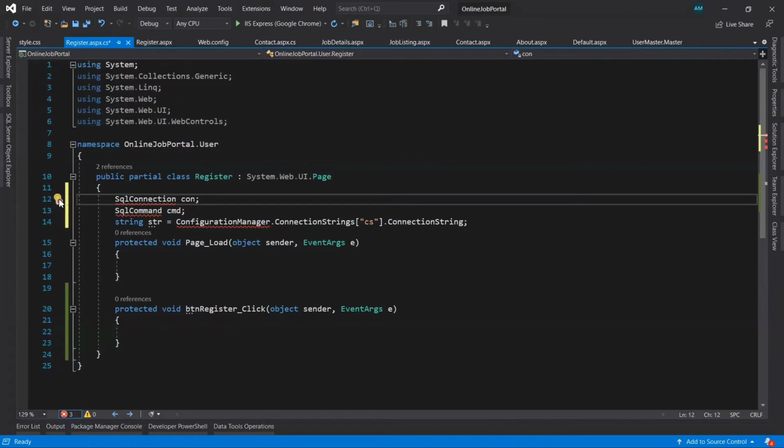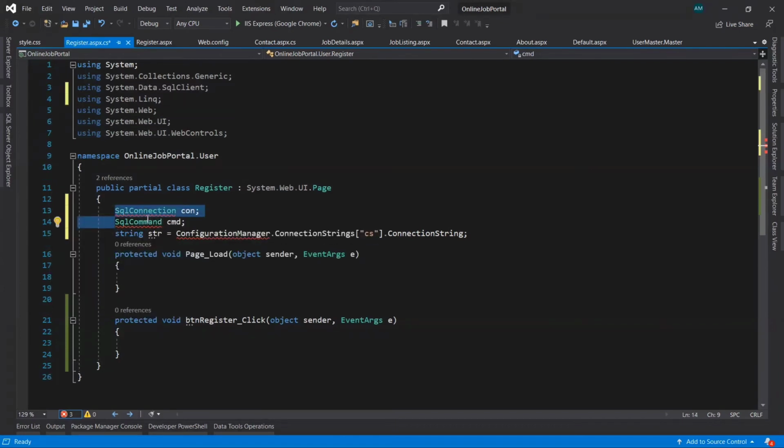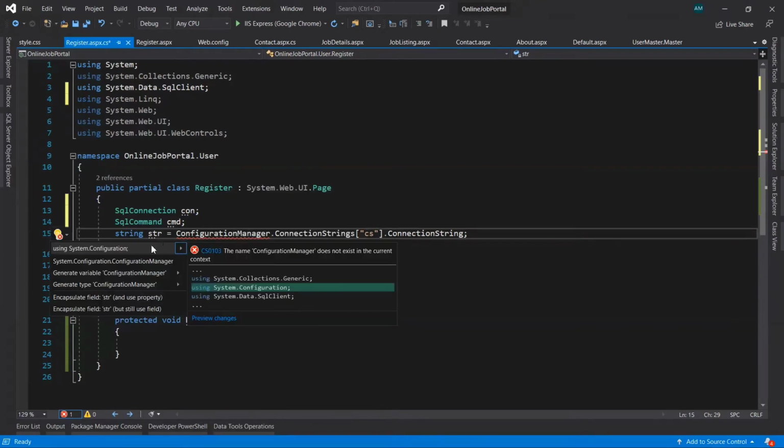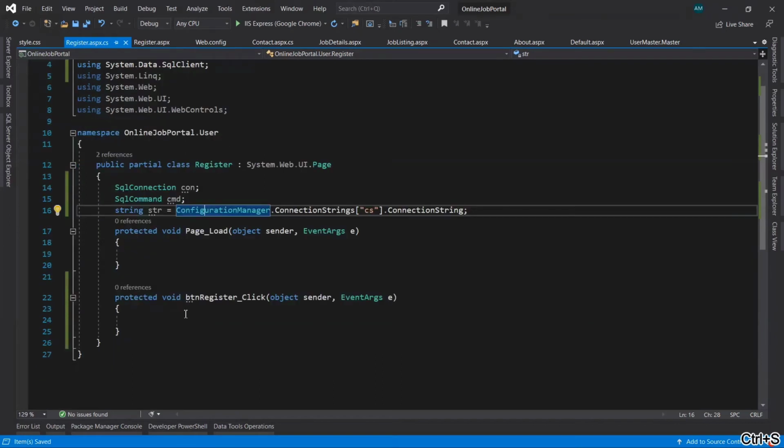First import the namespaces for these classes.